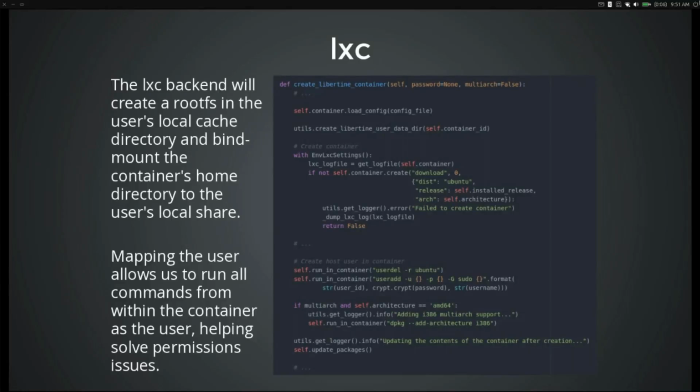LXC containers have been our preferred container type for most of Libertine's lifetime. LXC combines the kernel's C groups and support for isolated namespaces to provide an isolated environment for applications. LXC pulls Ubuntu base images for us to copy into the user's home directory, just as we did for Chroot. We create unprivileged LXC containers, setting up the host user inside the container for appropriate access to home and system